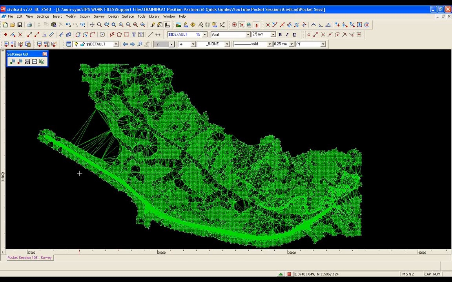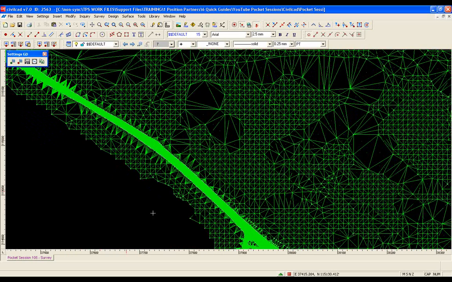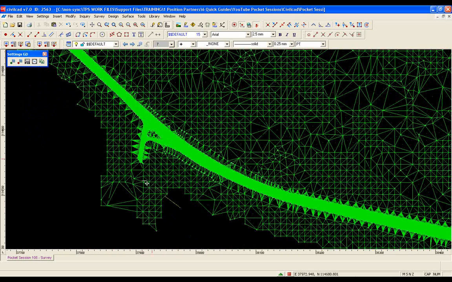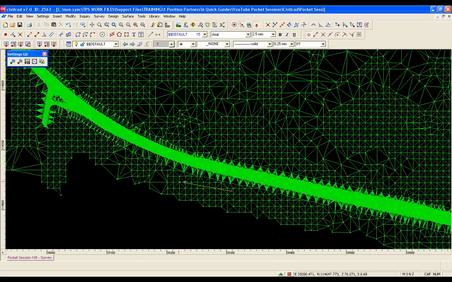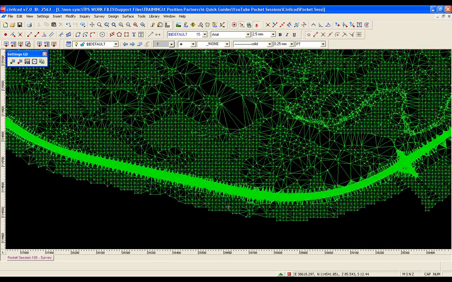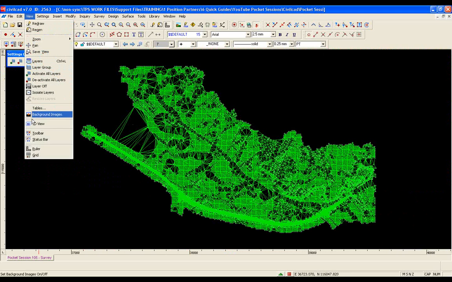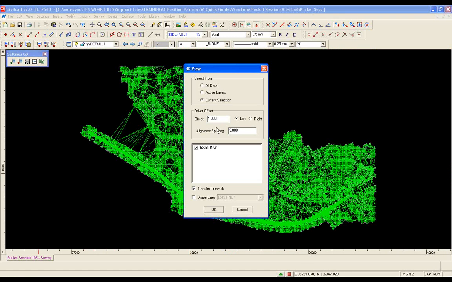Okay, so we can now have a look around the edges and see that our DTM, our triangles of our DTM have been trimmed up to the boundary line. Zoom extents. Now if we want to visualize that, we can go View, 3D View,